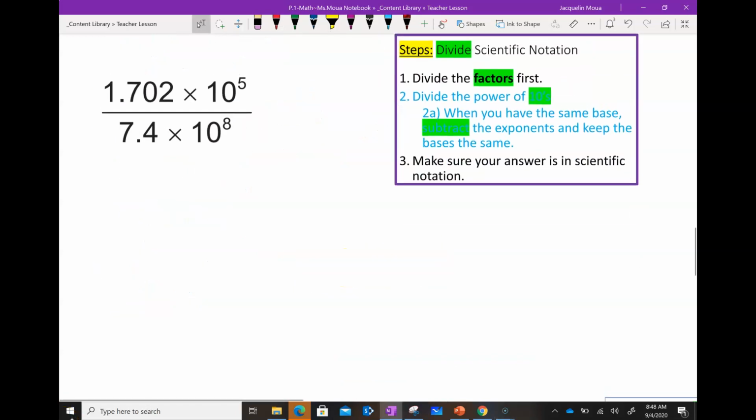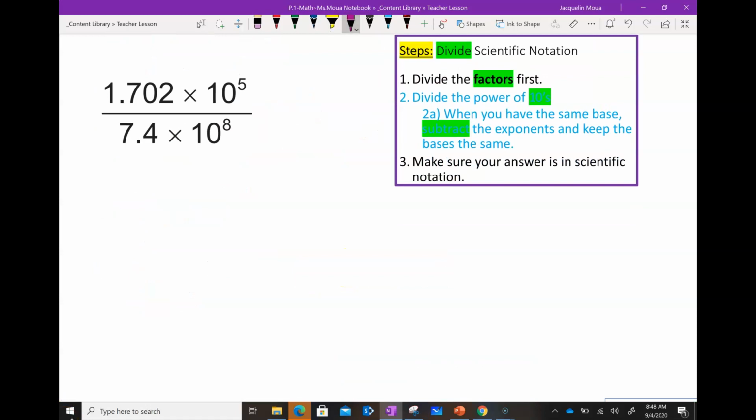This is our new answer here. Now we are going to divide scientific notation. And the first step is to divide the first factor. So we're going to take these two and divide. So in step 1, 1.702 divided by 7.4. That's going to equal